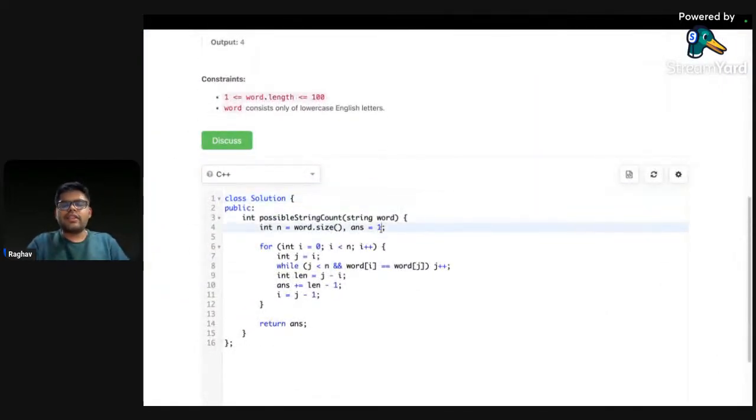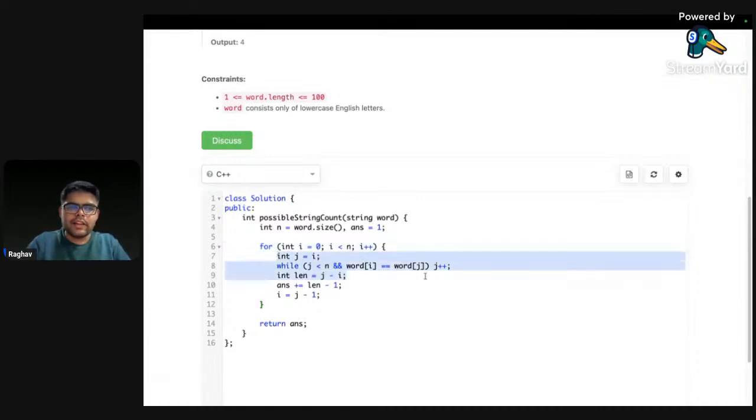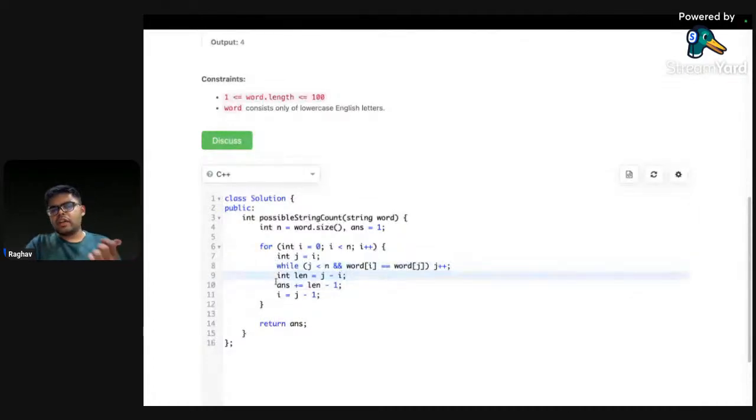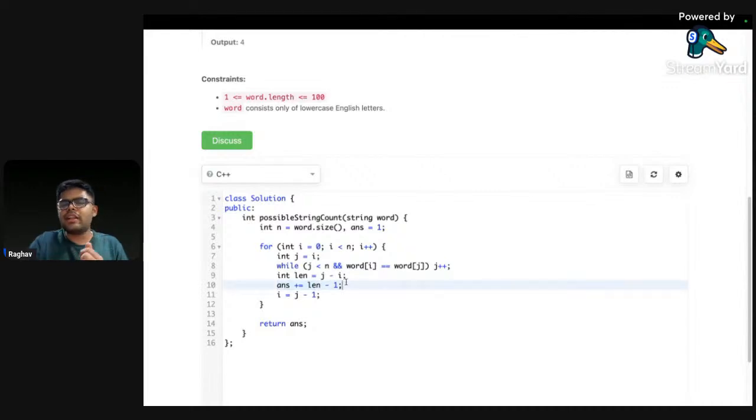And I initialized the answer with 1 because we have to consider what if she didn't make any mistake. There is a first for loop for i, and then instead of running another for loop, I ran a while loop for j, and the number of characters in that block is j minus i, so I increment the answer with len minus 1, basically j minus i minus 1. And here I am setting i equal to j minus 1